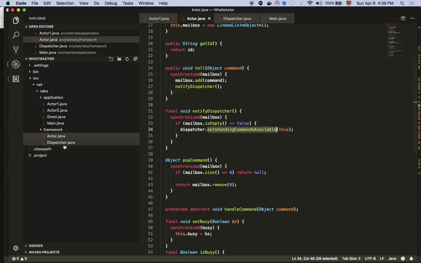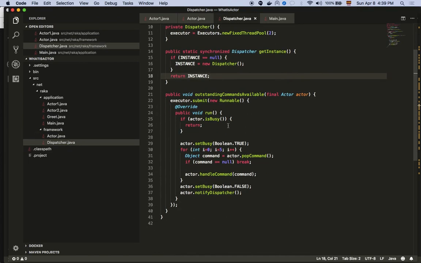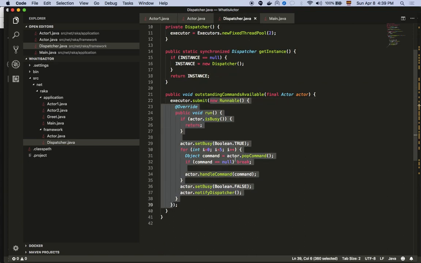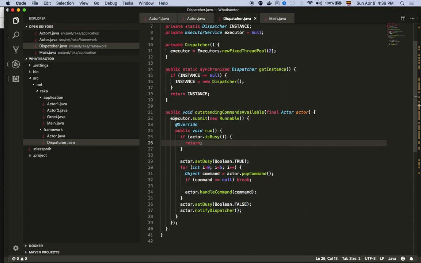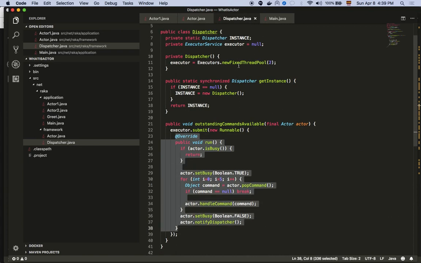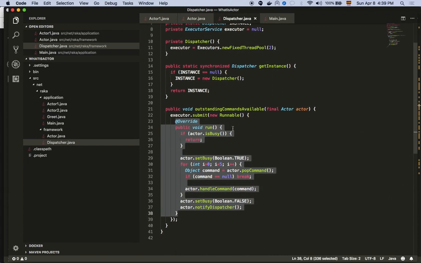And in the dispatcher, it basically queues the runnable for future execution. And when the time comes,